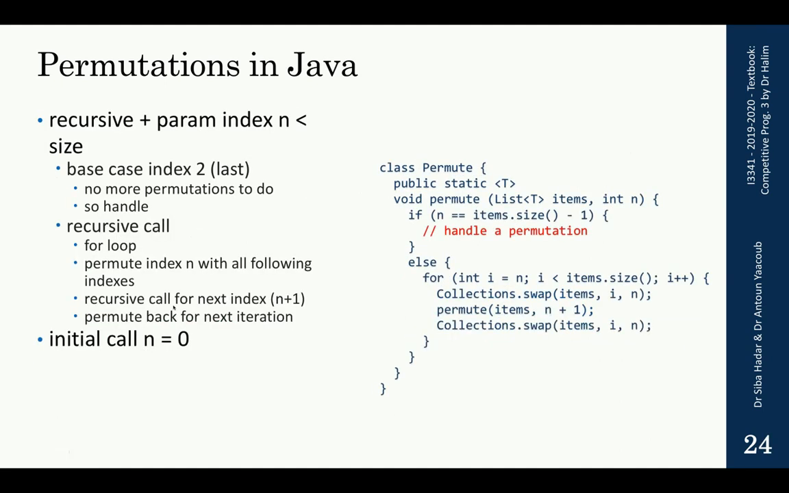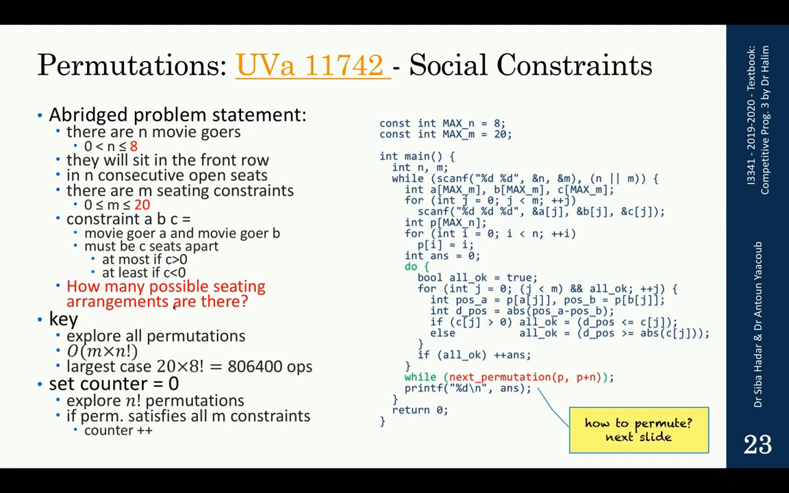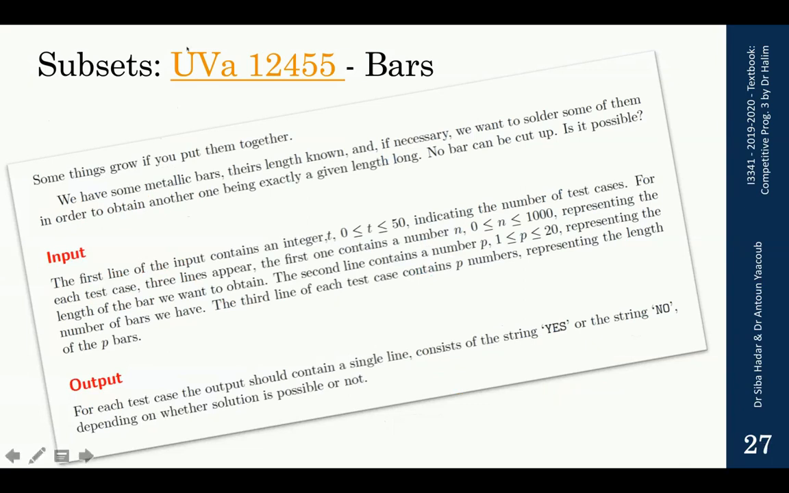I go back to the slide of the UVA, the first slide where I showed you the problem, and here is the solution in C, which is exactly the same solution that you just saw in Java. So this is a problem in which we dealt with permutations. We end the iterative complete search section